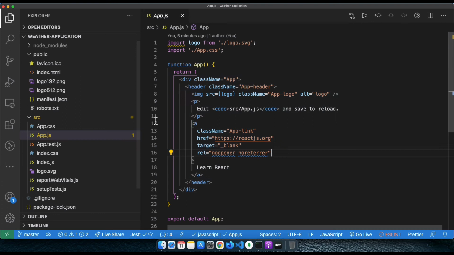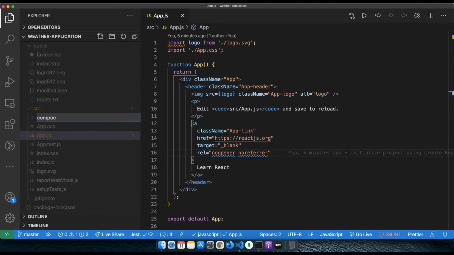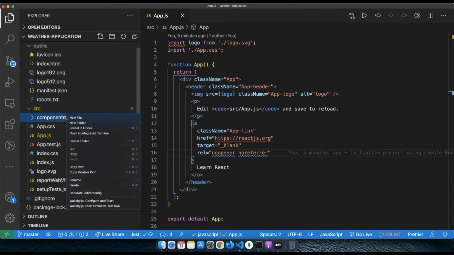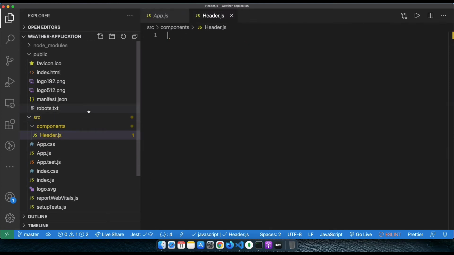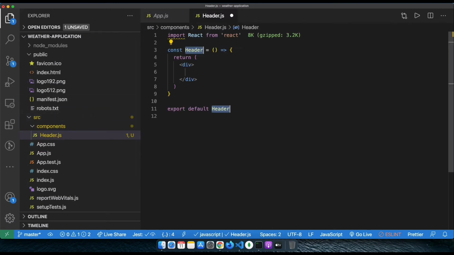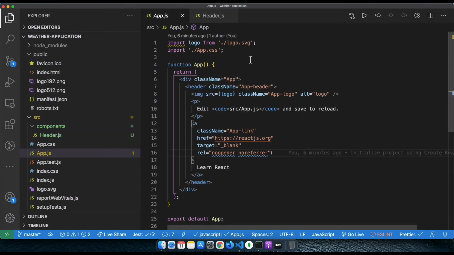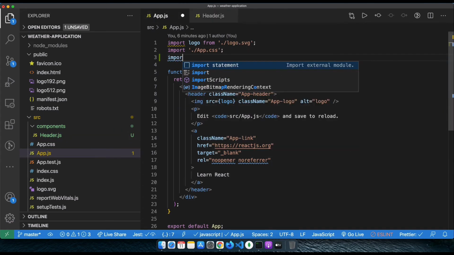And you can also create a new folder. Let's just name it components. And if you create a file named Header.js and create a functional component inside it, let's just say it returns "hello from header". And if I go ahead and import it inside the App component,